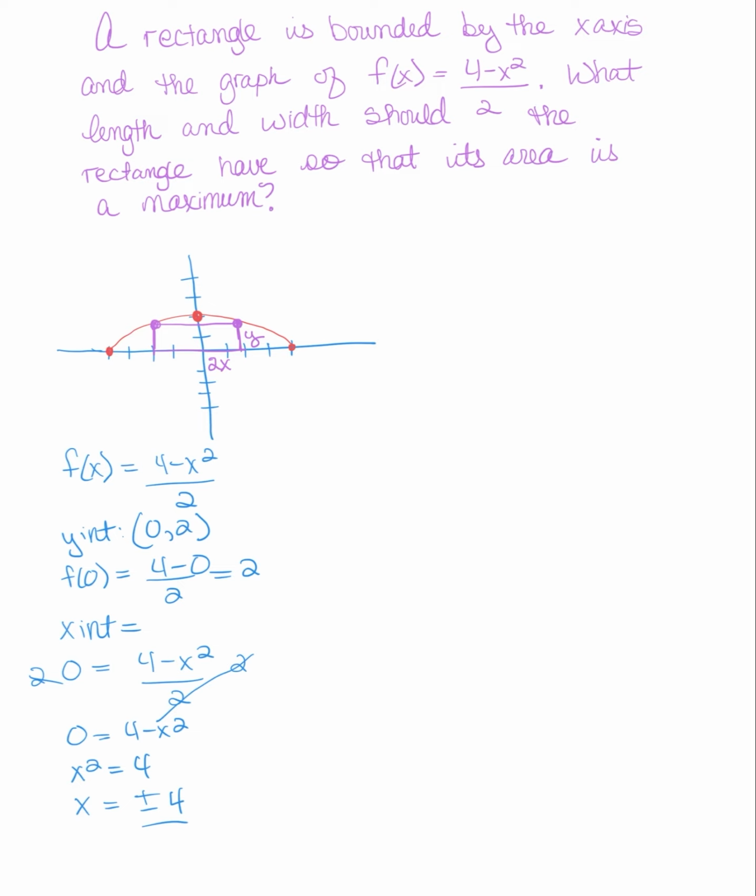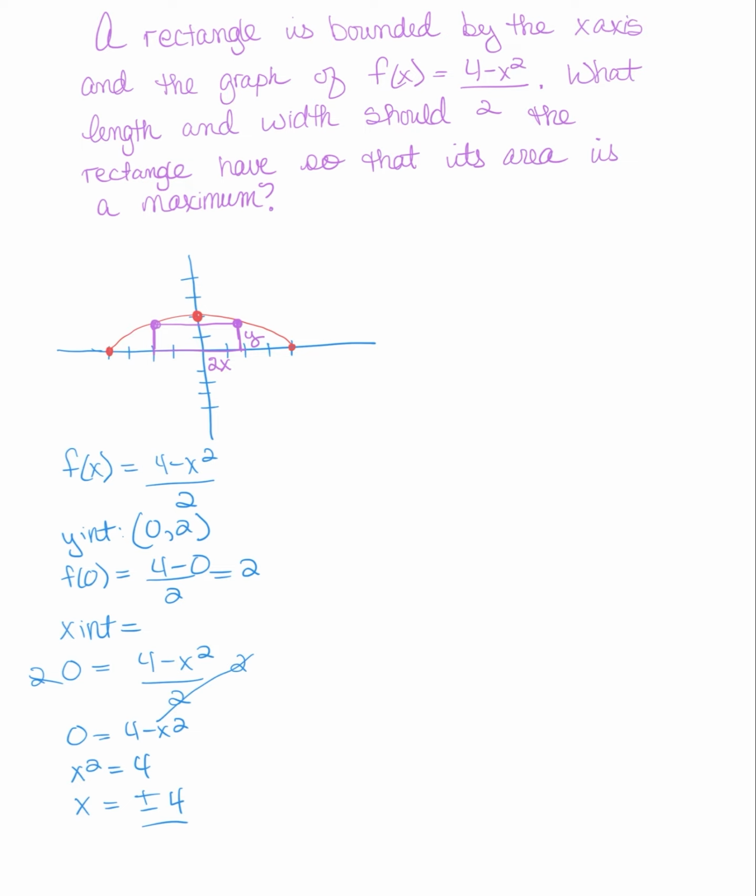All right, so now let's look again. We see as soon as they open up the problem here that our constraint is already given to us, right? Our constraint is given to us as 4 minus x squared over 2. And then we're also told that we need to find that the area is a maximum. So the area is going to be the thing